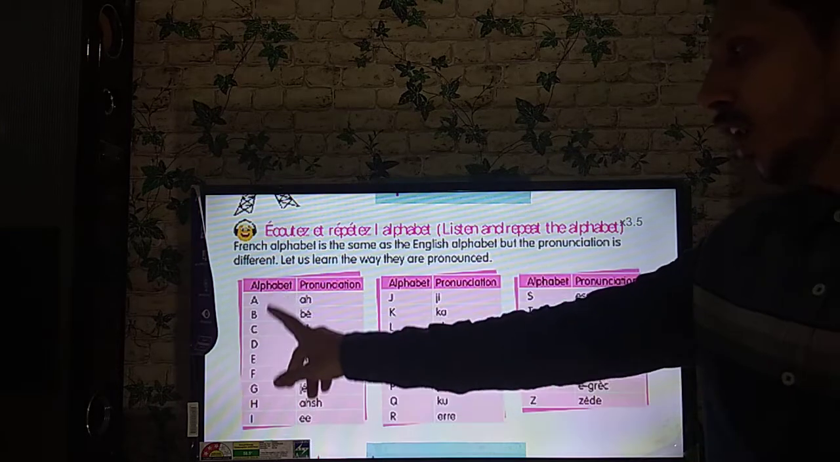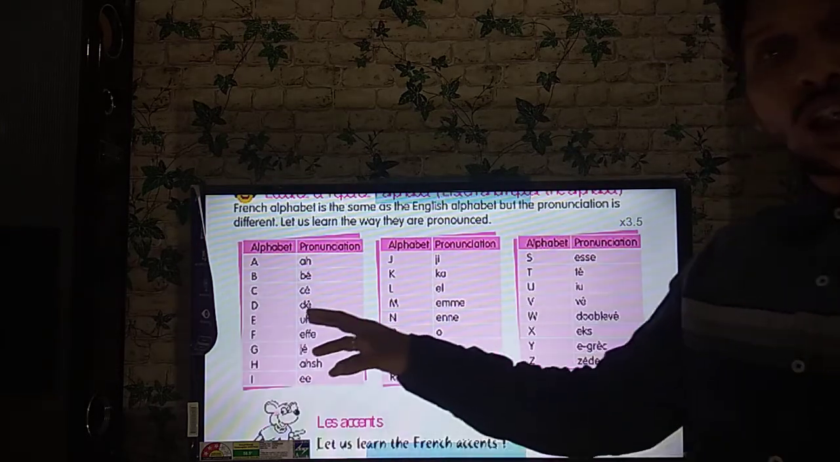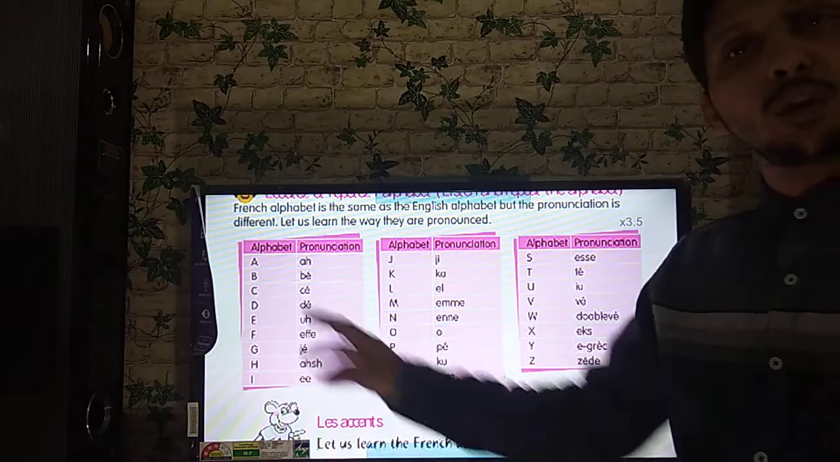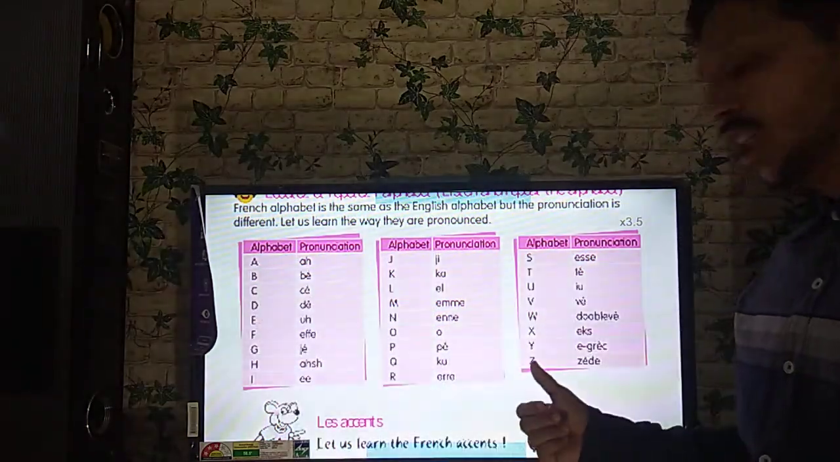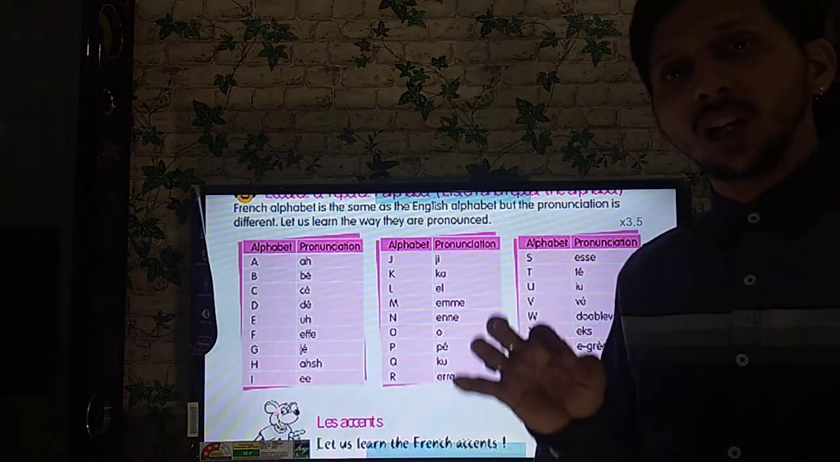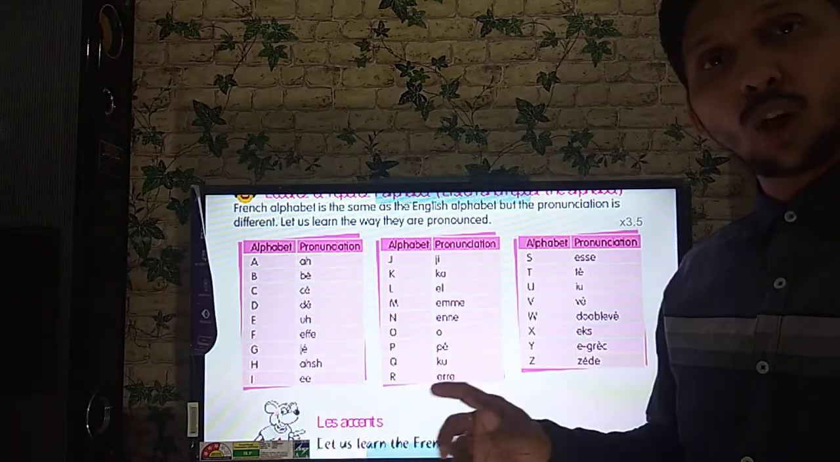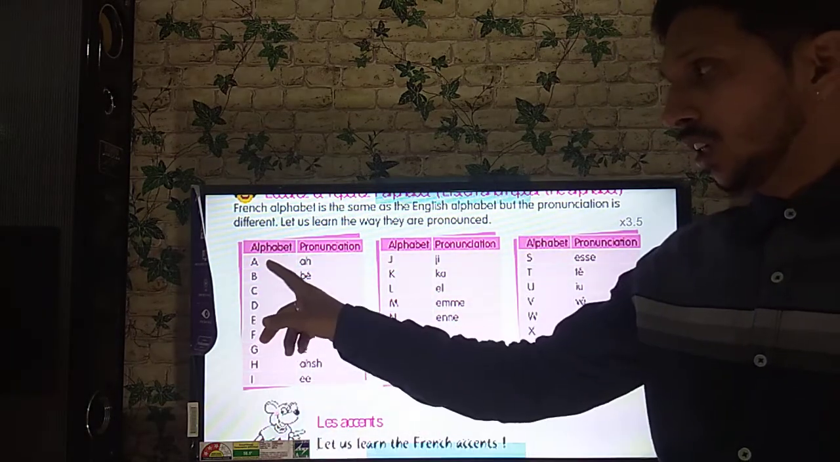We have the pair of alphabets here. In English and in French, we have the same number of alphabets, starting from A and ending at Z. But the pronunciations are a little different. I'll tell you what they are. In French, it is A,